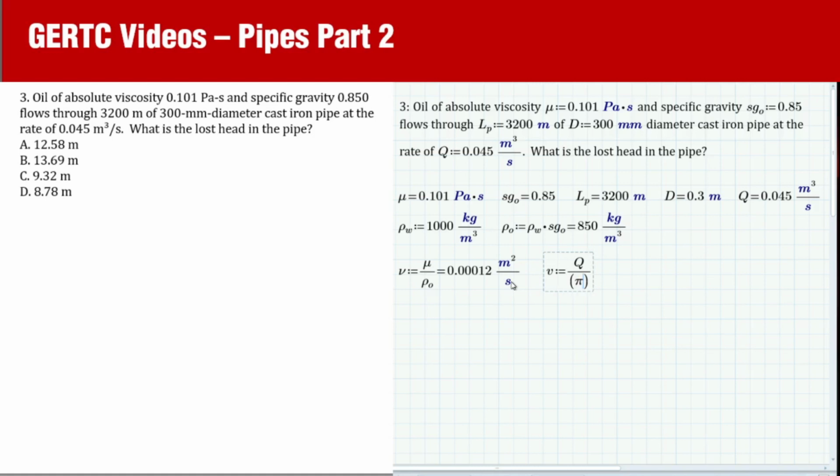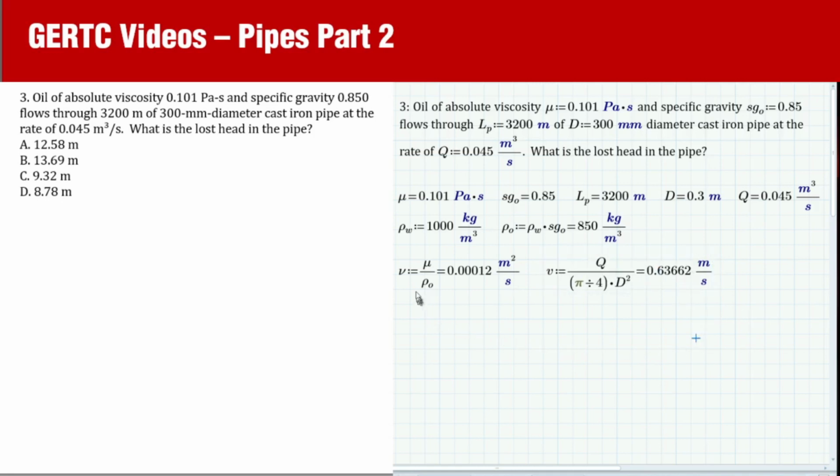The area is pi divided by 4 times d squared. By the way, for those who did not watch part 1, this is part 2, and I am using Mathcad here. This is live, and the good thing is we can do a what-if later. What if we increase the flow, and see if it becomes turbulent, what will happen to the head loss? That is the nice thing about a live solution using Mathcad. Okay, so velocity is